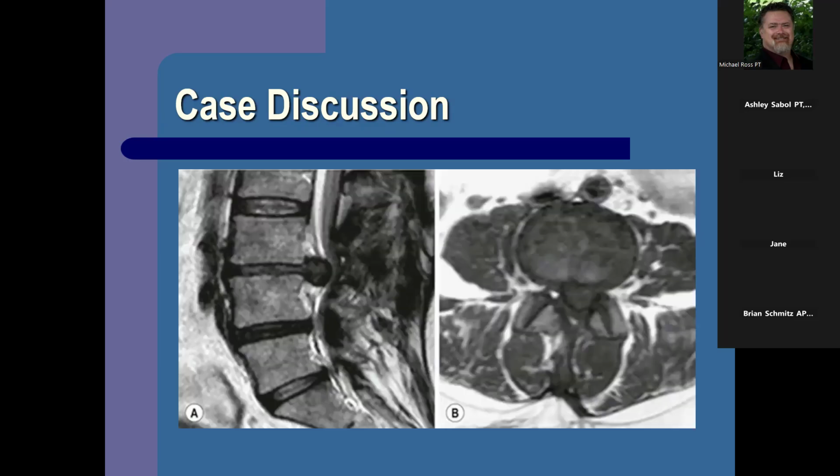And so these disc herniations, when we talk about them, we're probably not going to get into these tonight, but you can classify them in terms of whether they're just a bulge, a protrusion, or an extrusion. The extrusions are the worst. And you've probably heard that if we do MRI scans